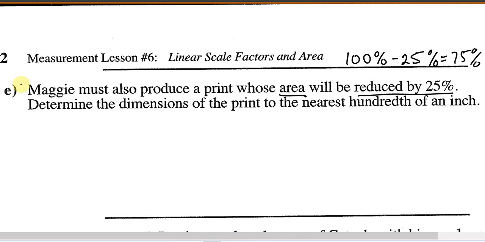Okay? So that means the area scale factor is equal to 75%